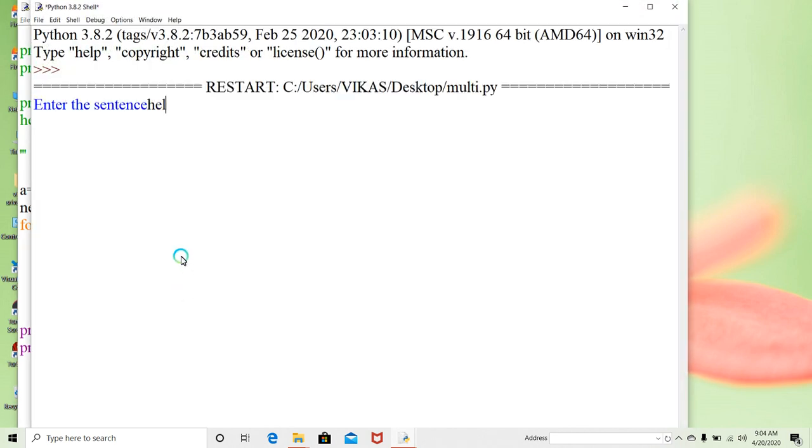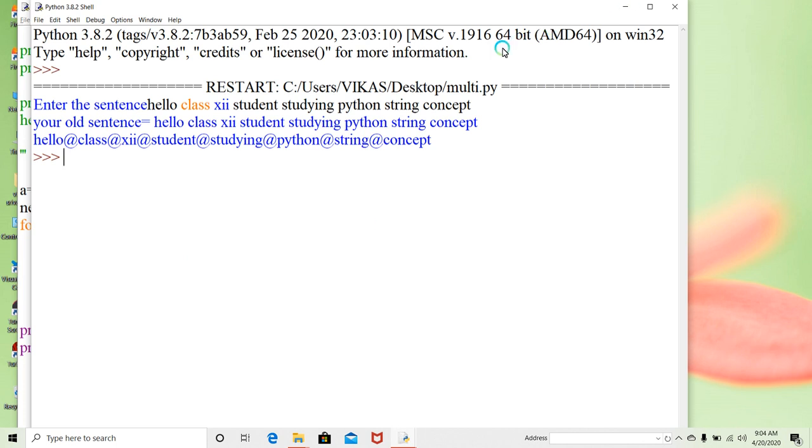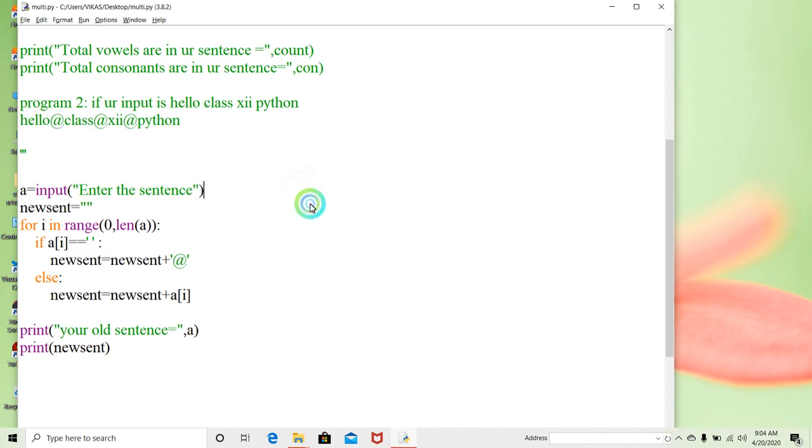Given here: hello class 12 student studying Python string concept. Look here, our input is hello class 12 student studying Python string concept. Now where spaces are there, they have been converted into the at the rate symbol. So thank you students for the class of today.